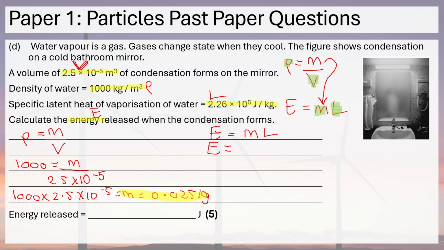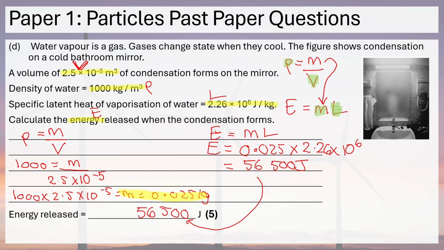I know the mass is 0.025 and I know the latent heat is 2.26 times 10 to the 6. Put that into my calculator, I end up with 56,500 joules. So that's the answer that I mustn't forget to put down here,